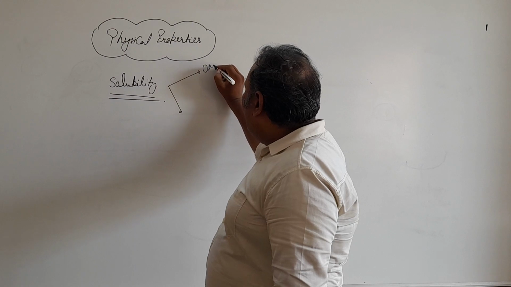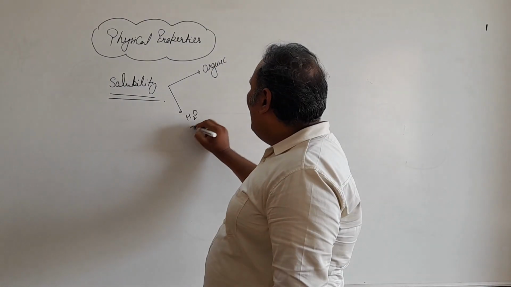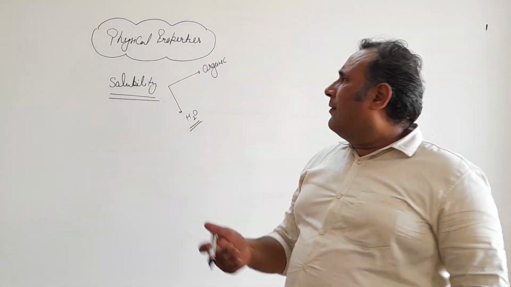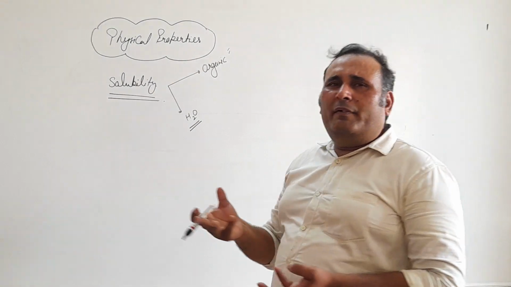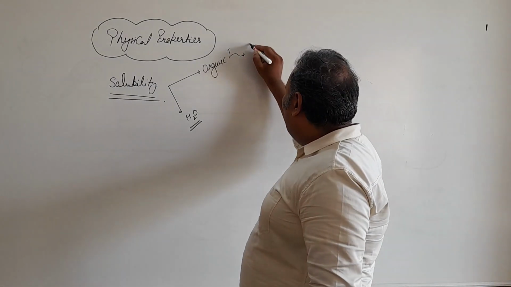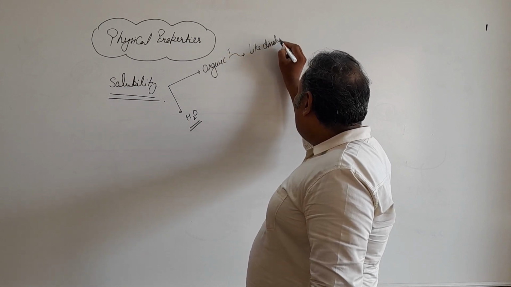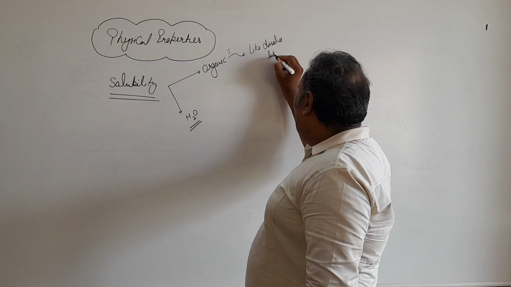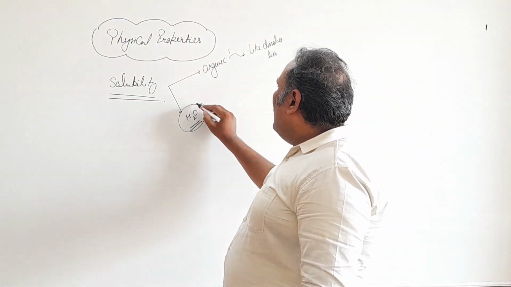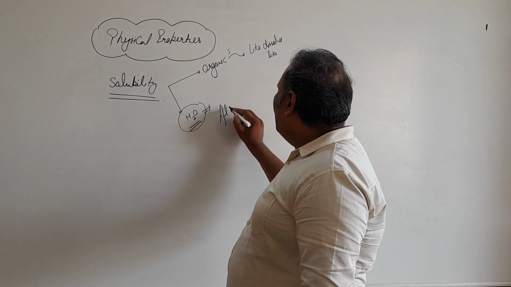First one is organic solvents and second one is water. Almost all organic compounds can obviously dissolve in organic solvent because of the like dissolves like principle. But when we are talking about H2O, we can say alkyl halides